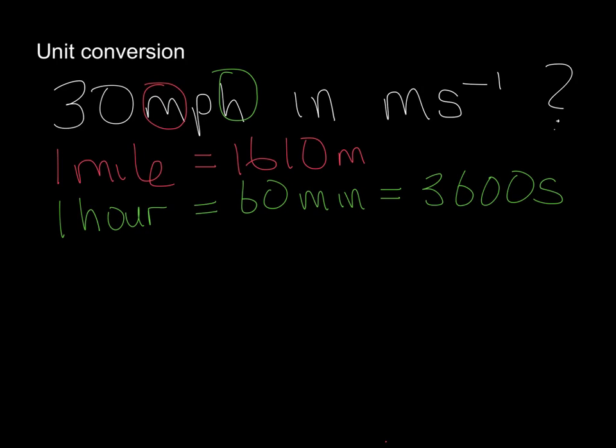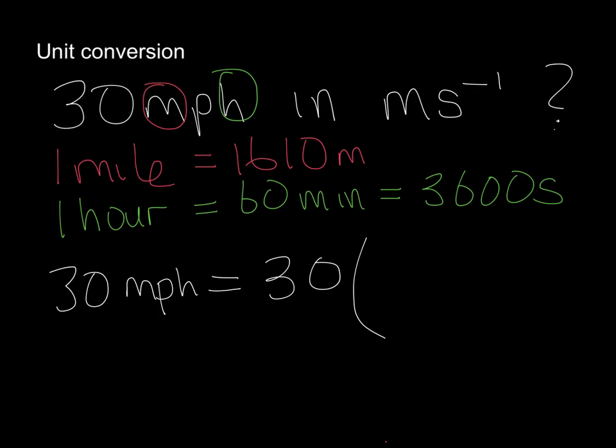So the trick is to find wherever we see the word or wherever we see the symbol for mile, we write 1,610 meters, and wherever we see hour, the green, we write 3,600 seconds. So we will have something like 30 miles per hour is the same as 30, and now we have to think about our conversion factors. So the first one is